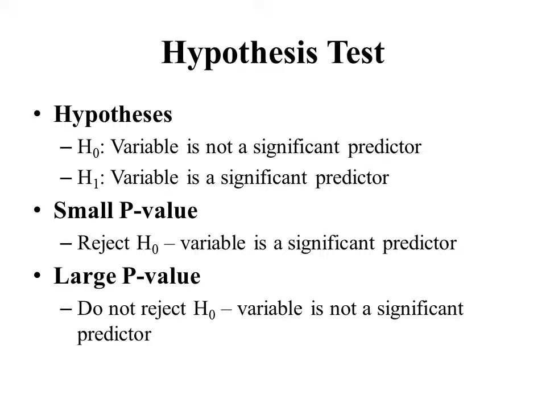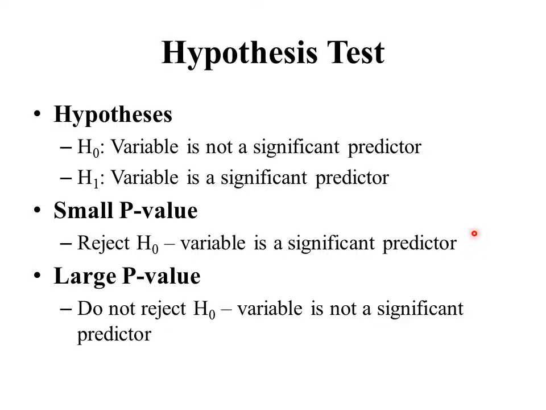If we get a large p-value, we do not reject the null hypothesis and conclude that the variable is not a significant predictor. In this last example, we got a large p-value, and so we concluded that the variable is not a significant predictor. In the first example, we got a small p-value, and so we concluded that the variable is a significant